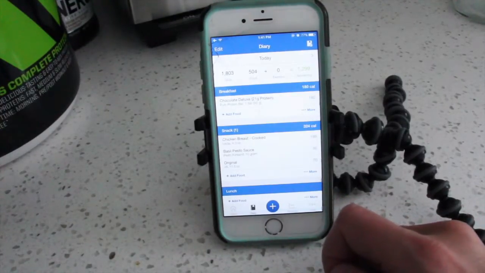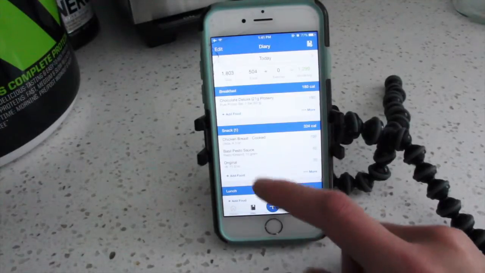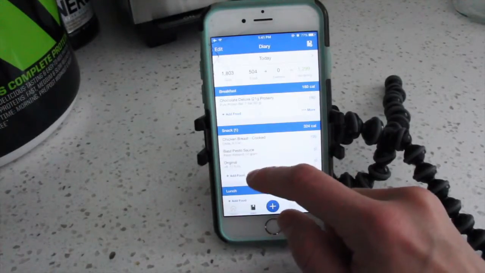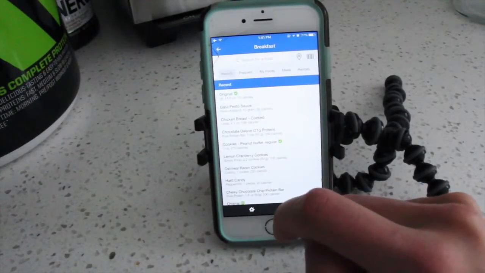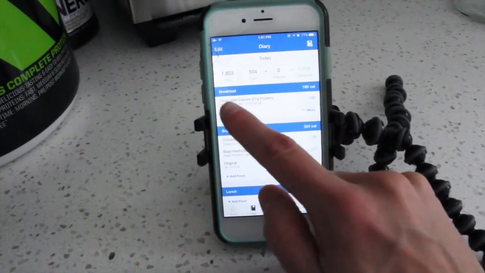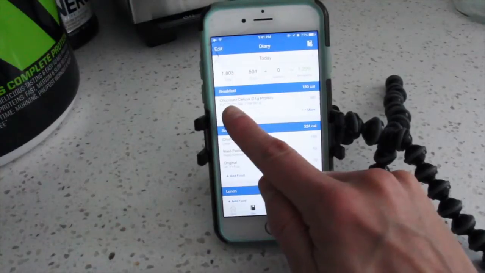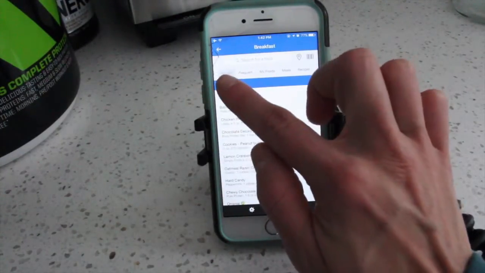4 is more optimal if you're doing training, just so you can have meals before and after your workout, specifically for pre and post workout fuel. And recovery. Let's see, I already tracked my breakfast on here, but I can show you how to do that. So my breakfast meal is here. If I want to add a food, there's an add food button, and then up here you have recent, frequent,